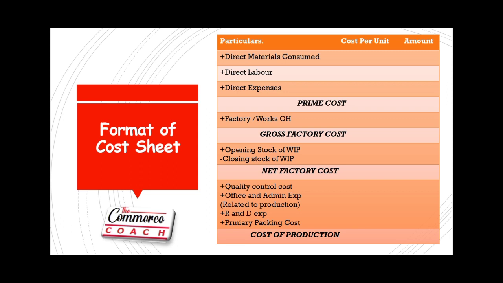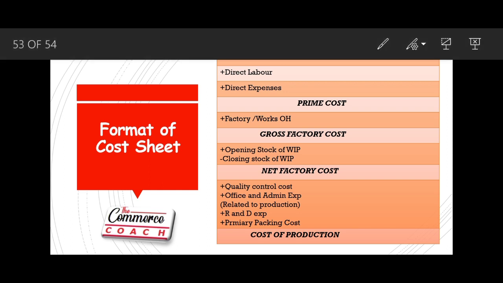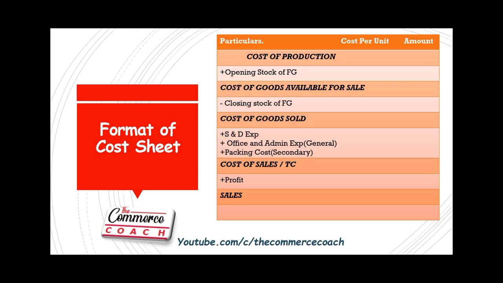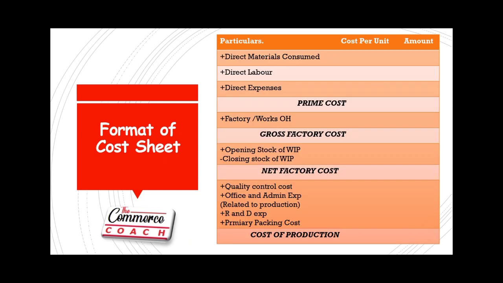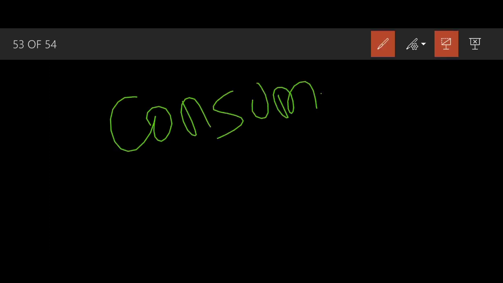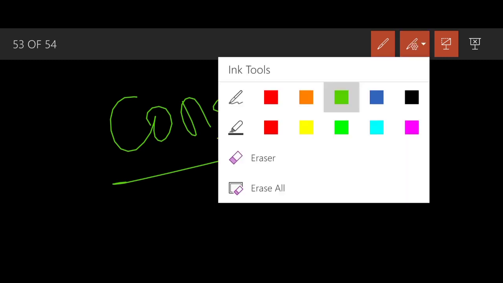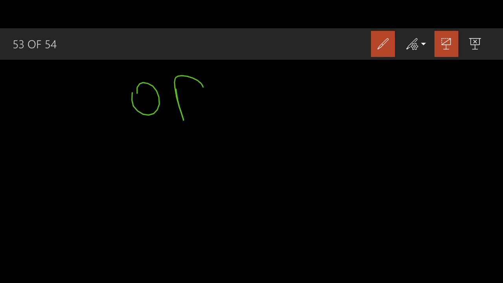So first of all, we will be having direct materials consumed. And how do we calculate direct material consumed? So basically it means the part of material that has been consumed by you during the year. So how do we calculate such amount? Basically you will be having some opening stock, if any opening stock of material, that is nothing but the closing stock of last year. You will be having such amount.